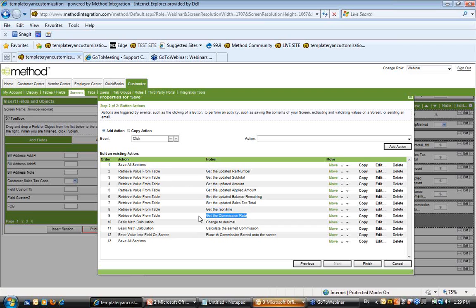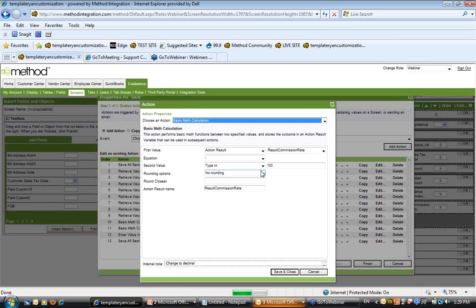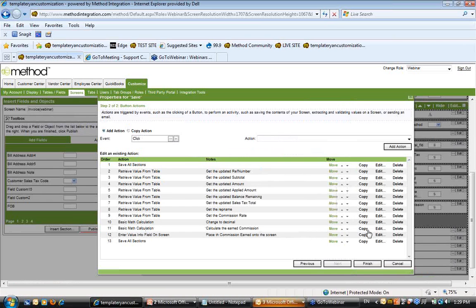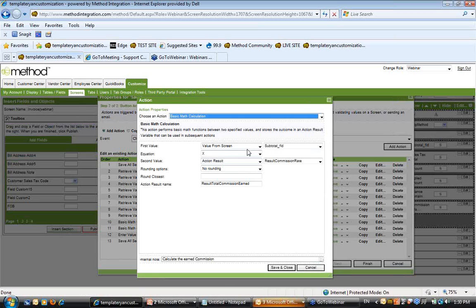We did that in the other screen. We're getting the commission rate. The one thing I didn't do is I changed it to a decimal, so we know our commission rate. So what we've done here is I've grabbed the action result we made earlier, and I've said take my commission rate, divide it by 100. That's going to give us a decimal. And then we can say in our next math equation, okay, so take the subtotal and times it by our commission rate,